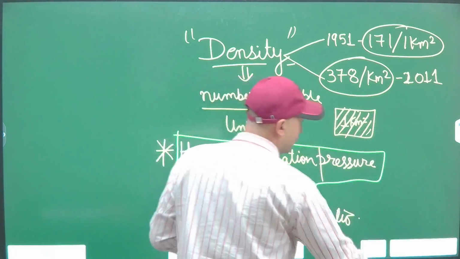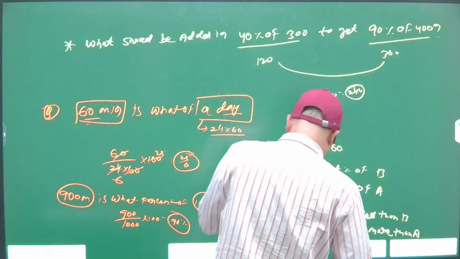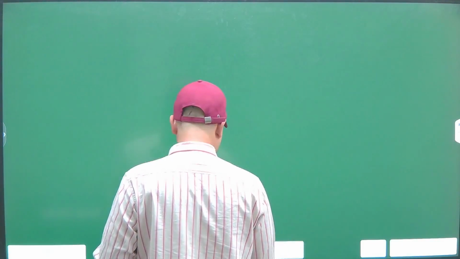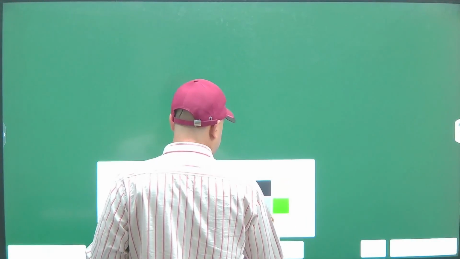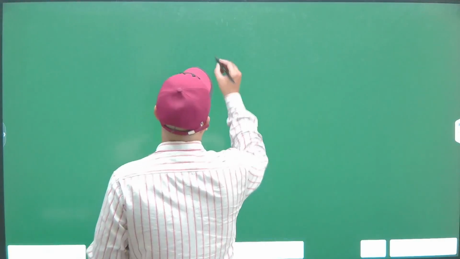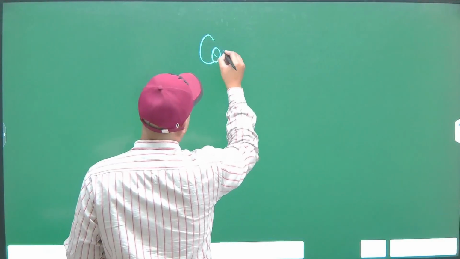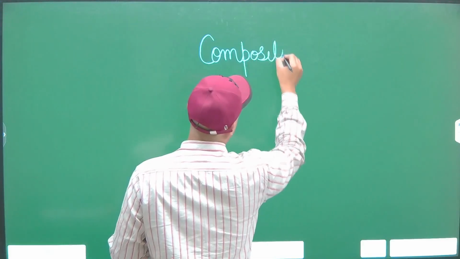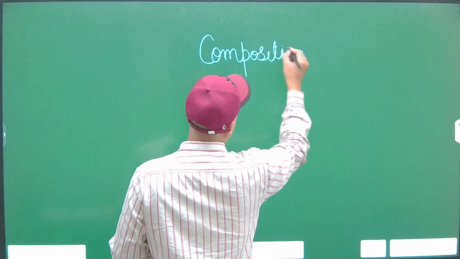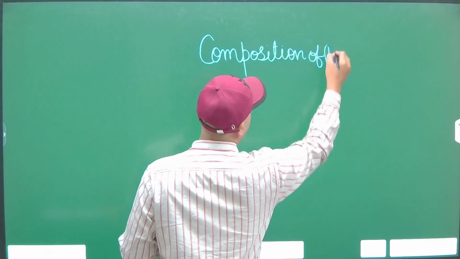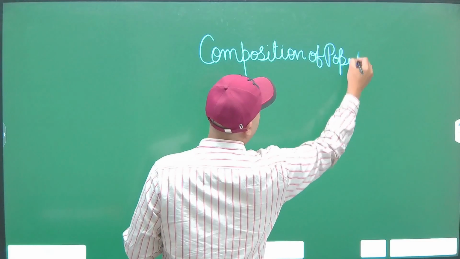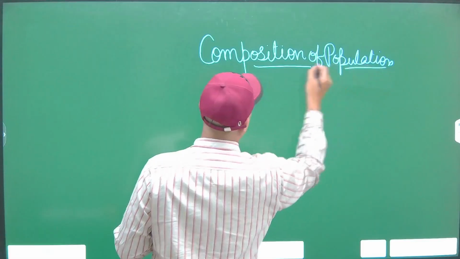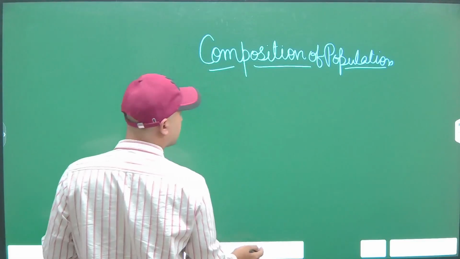So now we will try to understand the last concept, or the last dimension, and that is the composition of population. To understand the composition of population,